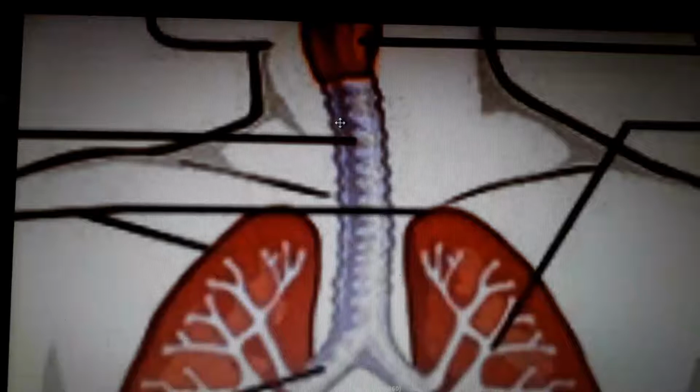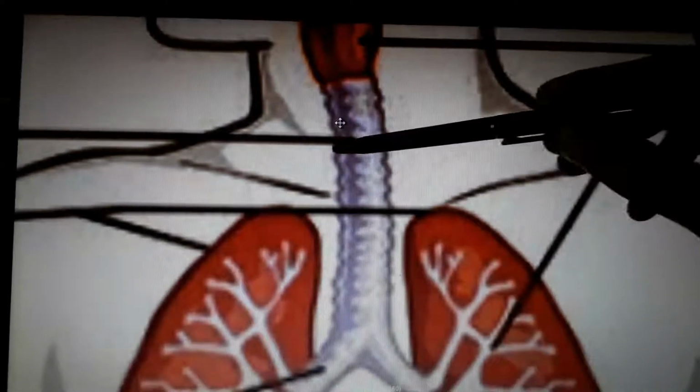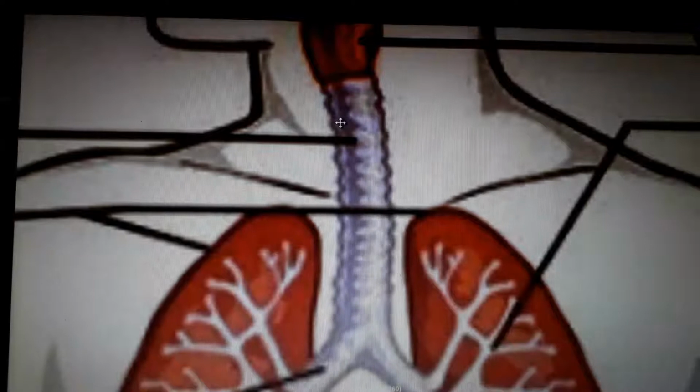Our esophagus was a straight pipe, but here, see, curves are there. If we look closely, it is acting like rings. Am I right or not? Lots of rings are there. Count them. Anyway, just leave it, you don't have to count them. So what is the function of these rings?